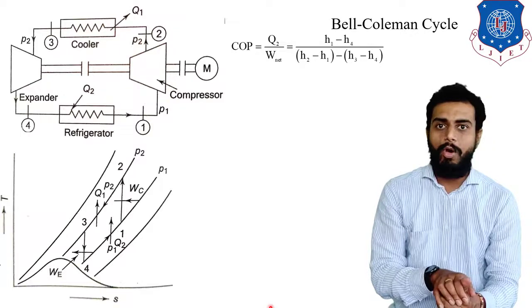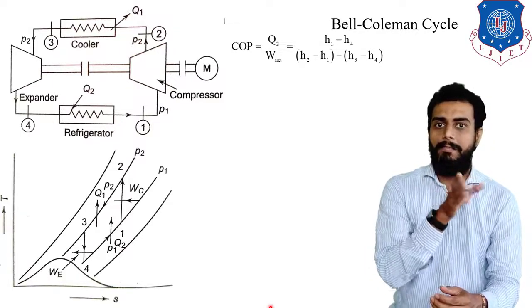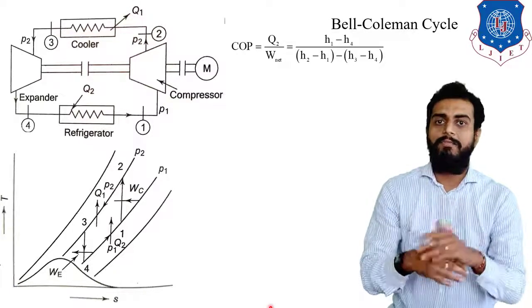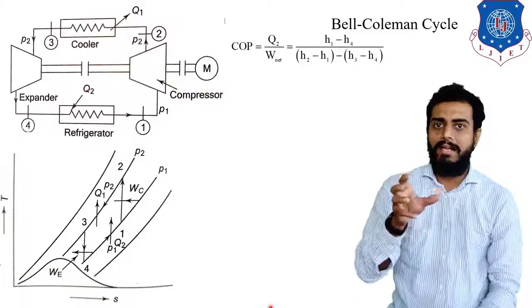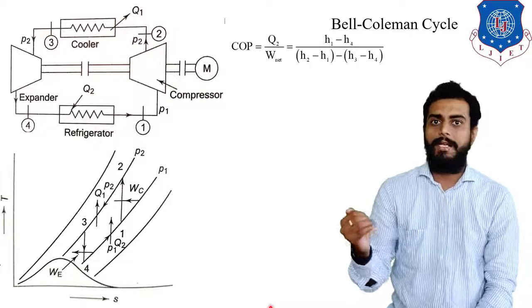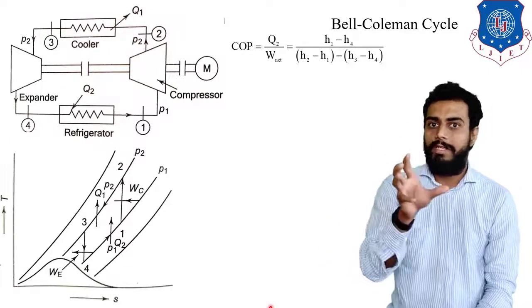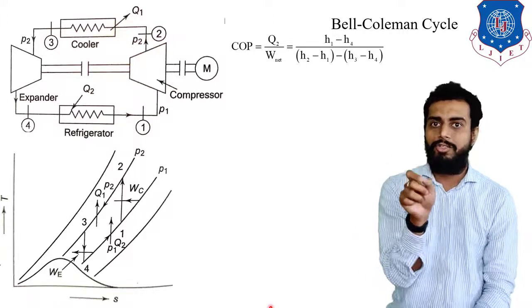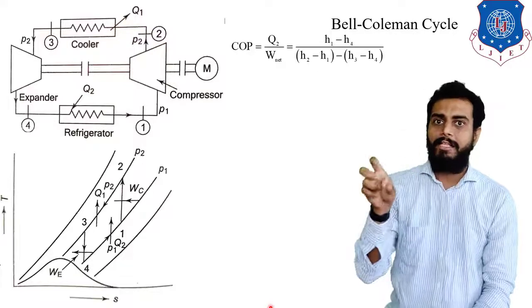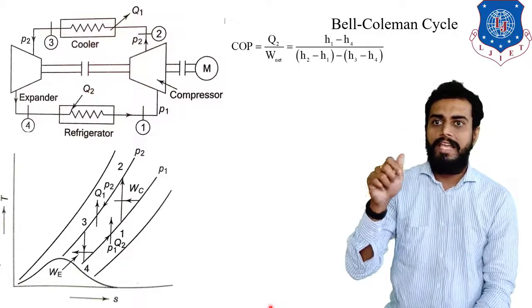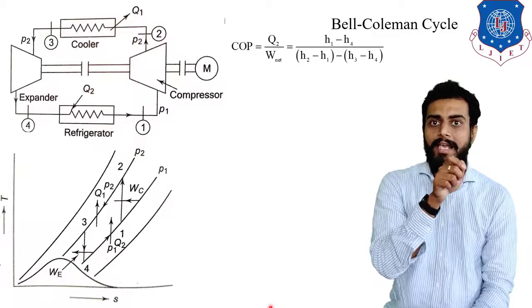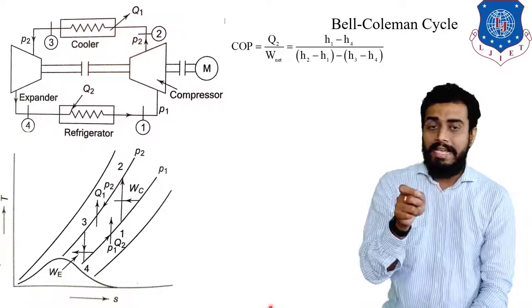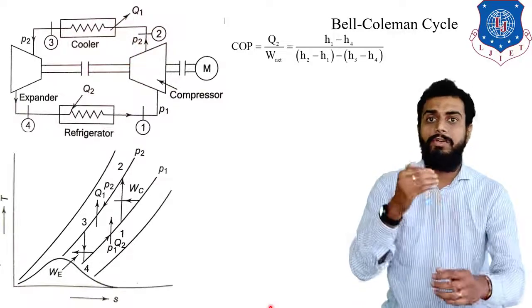And W net. So W net is equal to what? Simple, expander work and compression work. So both works are given. So you can take the difference of these two works. Okay. So obviously here the compression work will be higher and the expander work will be lower. So compression work we will take first. The compressor is in between points 1 and 2. So that is H2 minus H1. Minus expander, that is between points 3 and 4. So you can write H3 minus H4. Right? Further, you know that for an ideal gas, enthalpy H is equal to Cp into T.